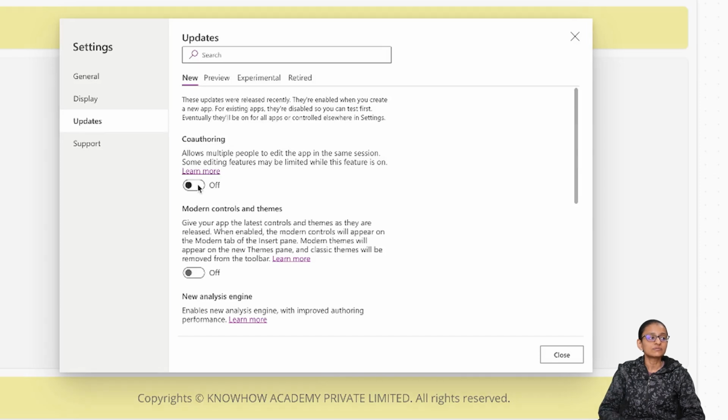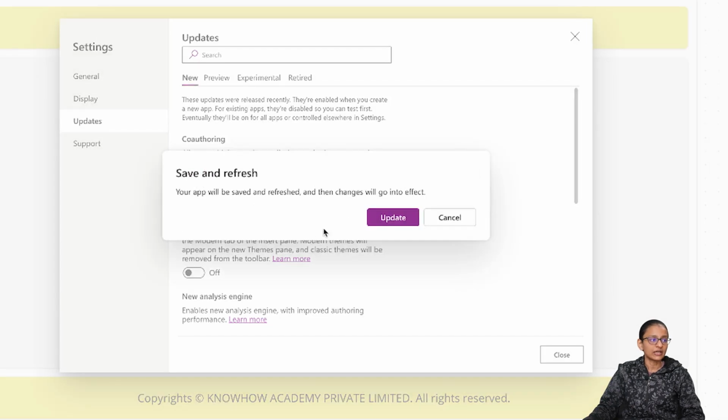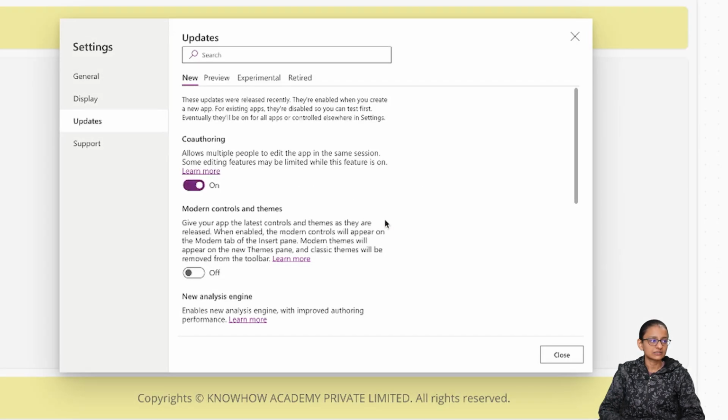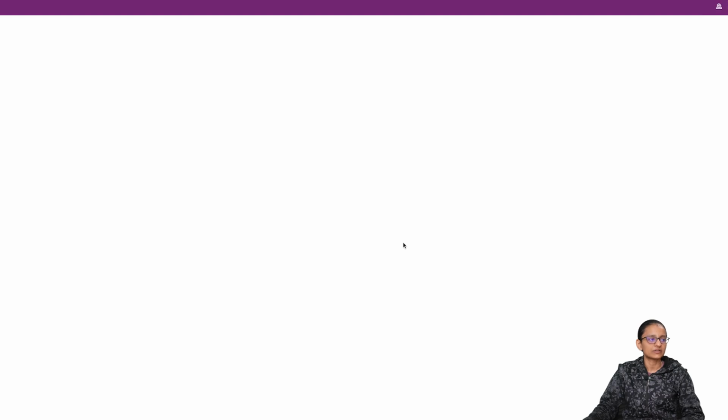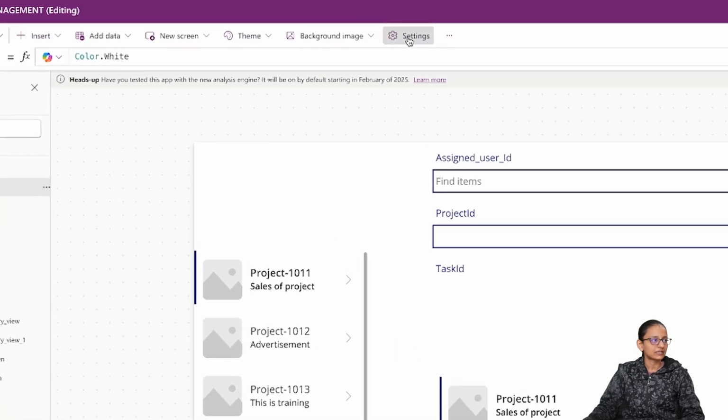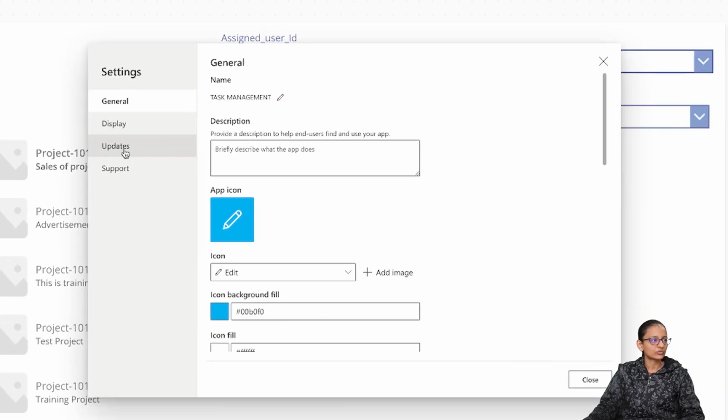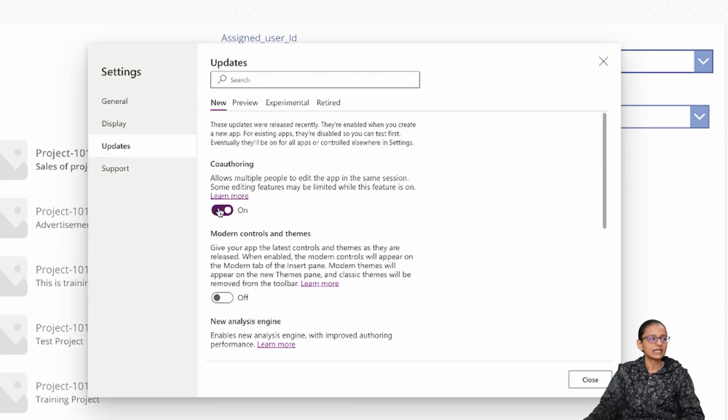You need to switch on this feature and click on update. So your Power App application will refresh. Then after, you will see the authoring feature or co-authoring feature is enabled in your Power App. Okay, here let me click again on settings and go to the updates, and here you can see the